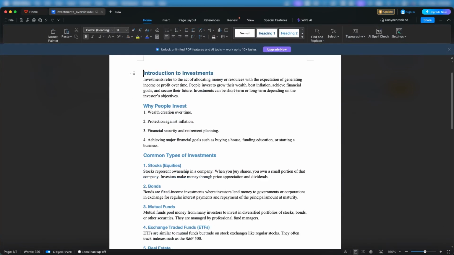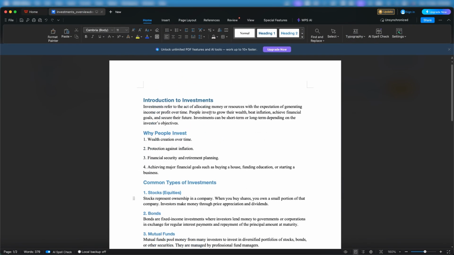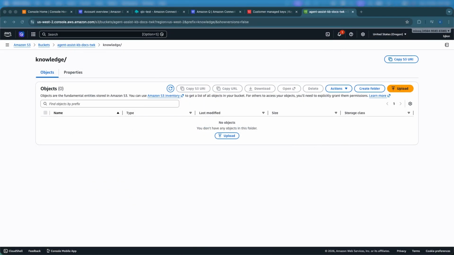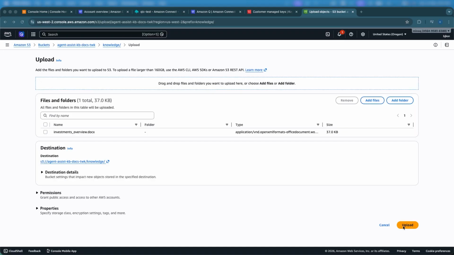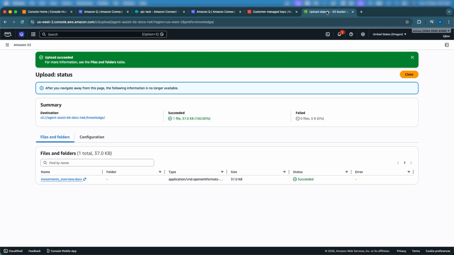I have this very simple document that talks about investment. So what is investment, and so on. What I'm going to do is upload this into my S3 bucket. I'll just drag and drop, upload. Yep, so since it's in there,